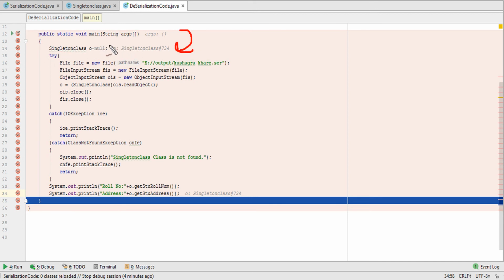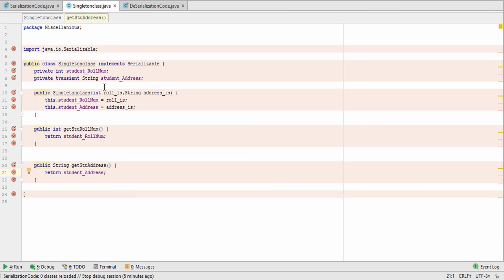Okay, so the singleton object will be created, that is this class, and inside this class there is the concept of encapsulation, where I have used a transient variable and an integer without transient. So this variable will not take part in serialization, so the default value of it will be stored. The default value of String is null.